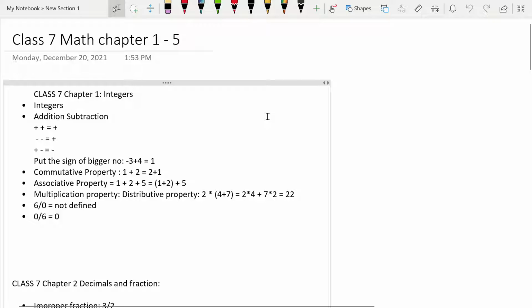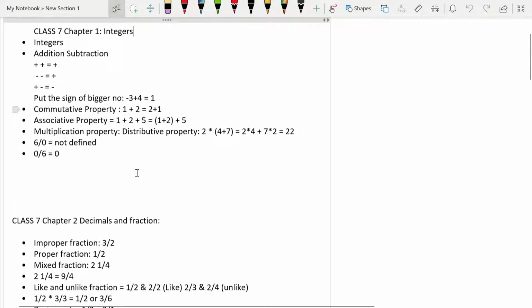In today's video we are going to be looking at Class 7 Maths chapters 1 to 5. Let's start from chapter 1, Integers. Integers are any number from minus infinity to plus infinity. They do not include decimals. Okay, we have got,